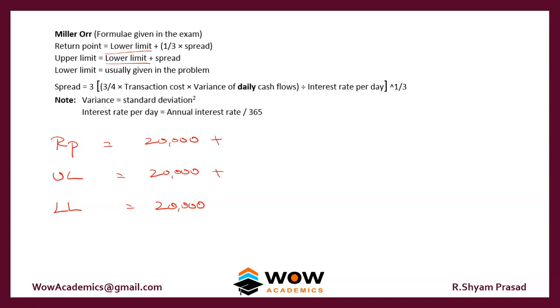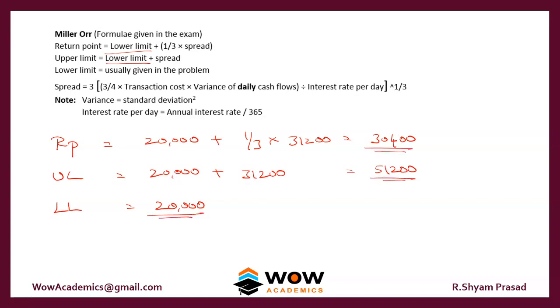So we have to add. The return point is lower limit plus 1/3 of the spread. So the spread we have calculated as 31,200, and the upper limit is also lower limit plus spread. We can directly add that. So we'll get the answer. So the answer for the return point is 30,400, and the answer for the upper limit is 51,200. So that is the